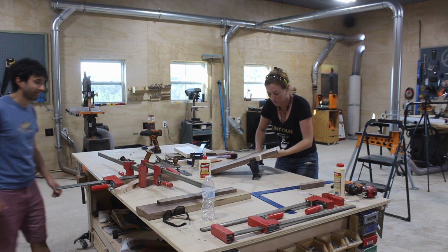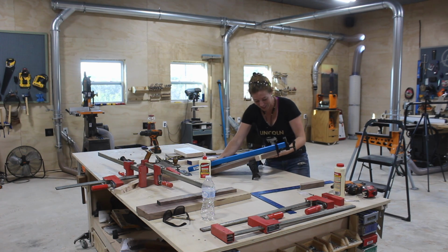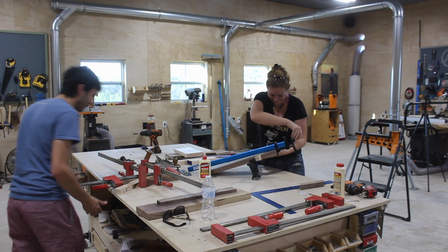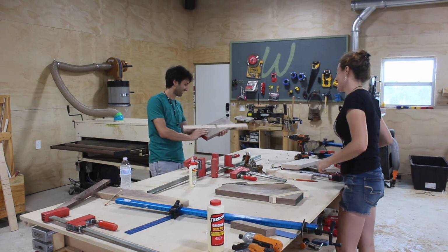Okay, oh, yeah. Who can figure out how to clamp weird stuff? There we go. It's pretty legit. Yeah. Looking. Can't pull apart. They can't slide away from each other because these clamps hold them together. Huh? Yeah. After letting that set for an hour or so, we unclamped our pieces and started cleaning up the